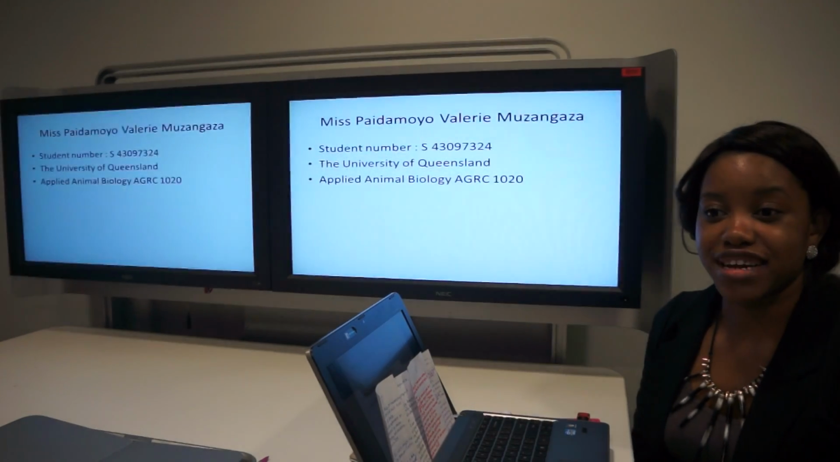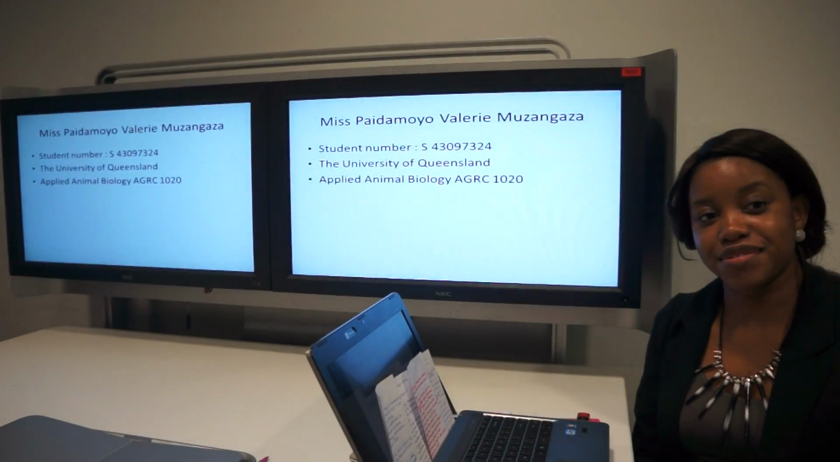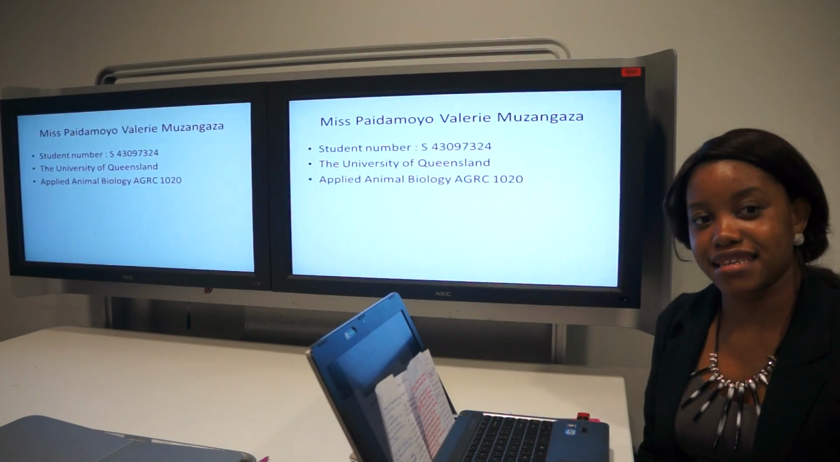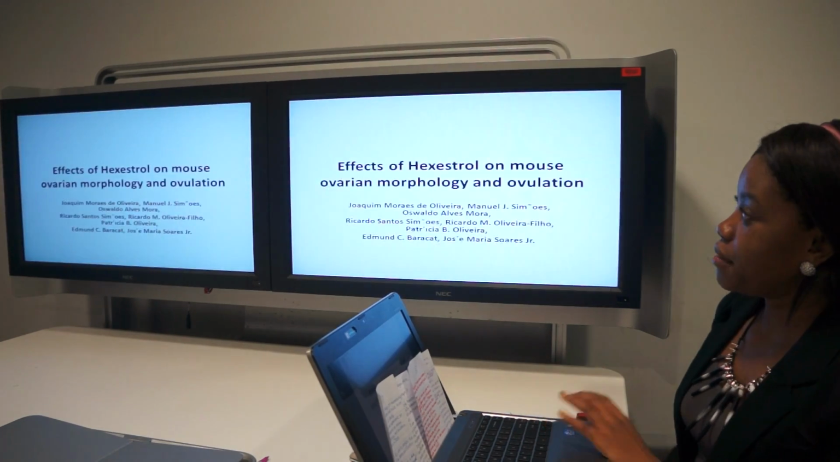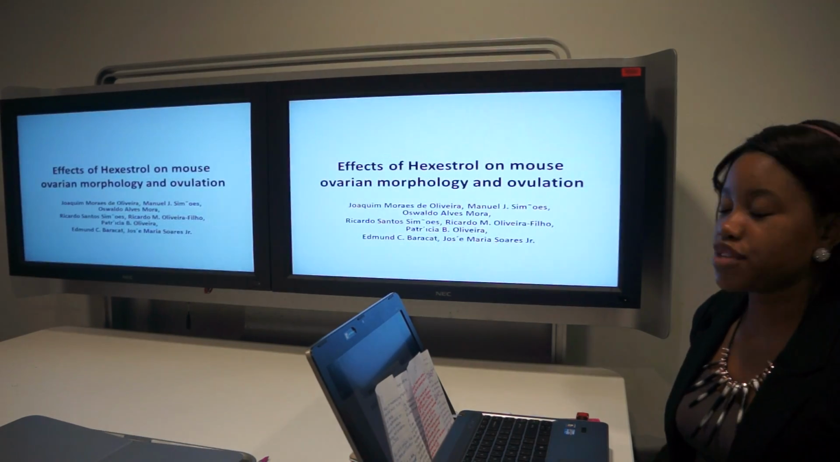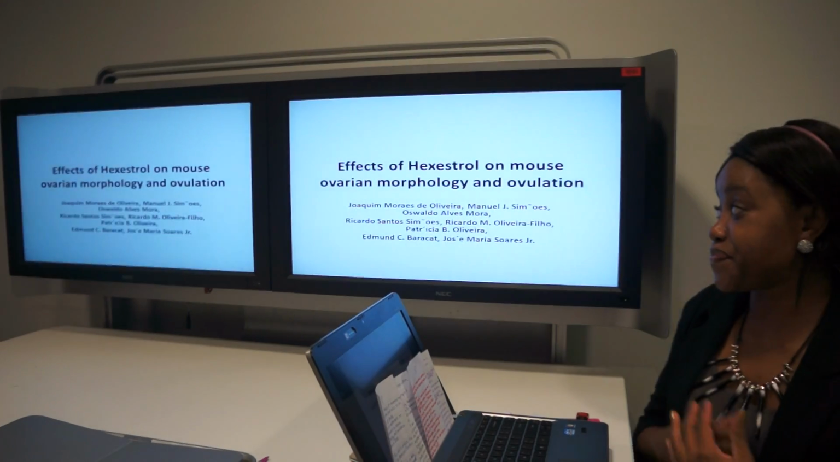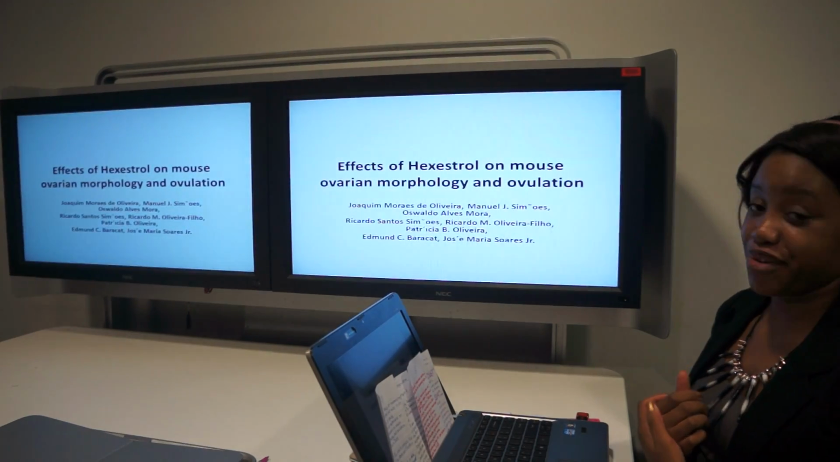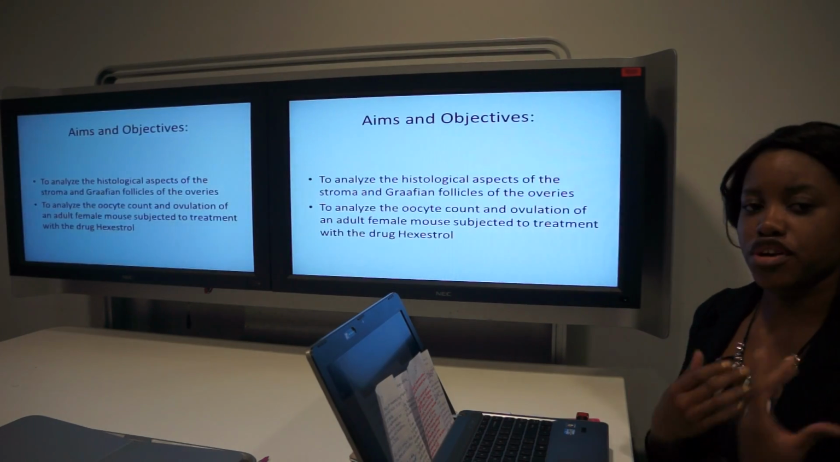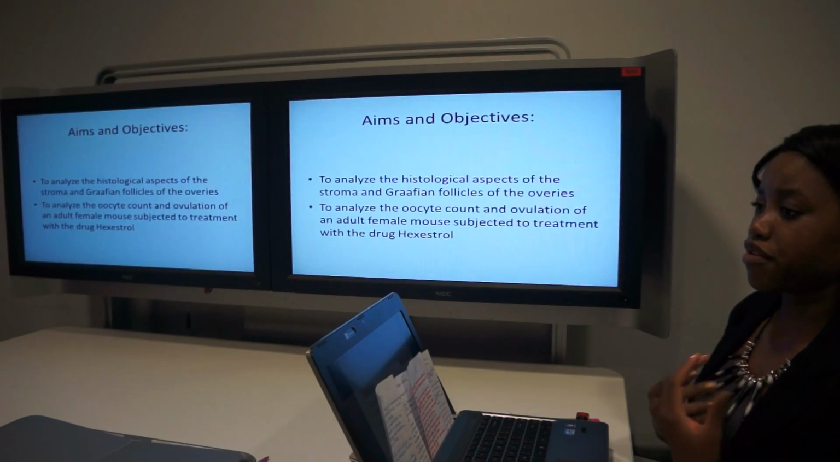The effect of anabolic drugs on mammalian animals such as cattle and mice is an interesting field of study. And in this case, it is a study that was conducted by J. Oliveira in 2008 on the effects of Hexestrol on mouse ovarian morphology and ovulation. The aim of the study was to analyze histological aspects of the stroma and Graafian follicles